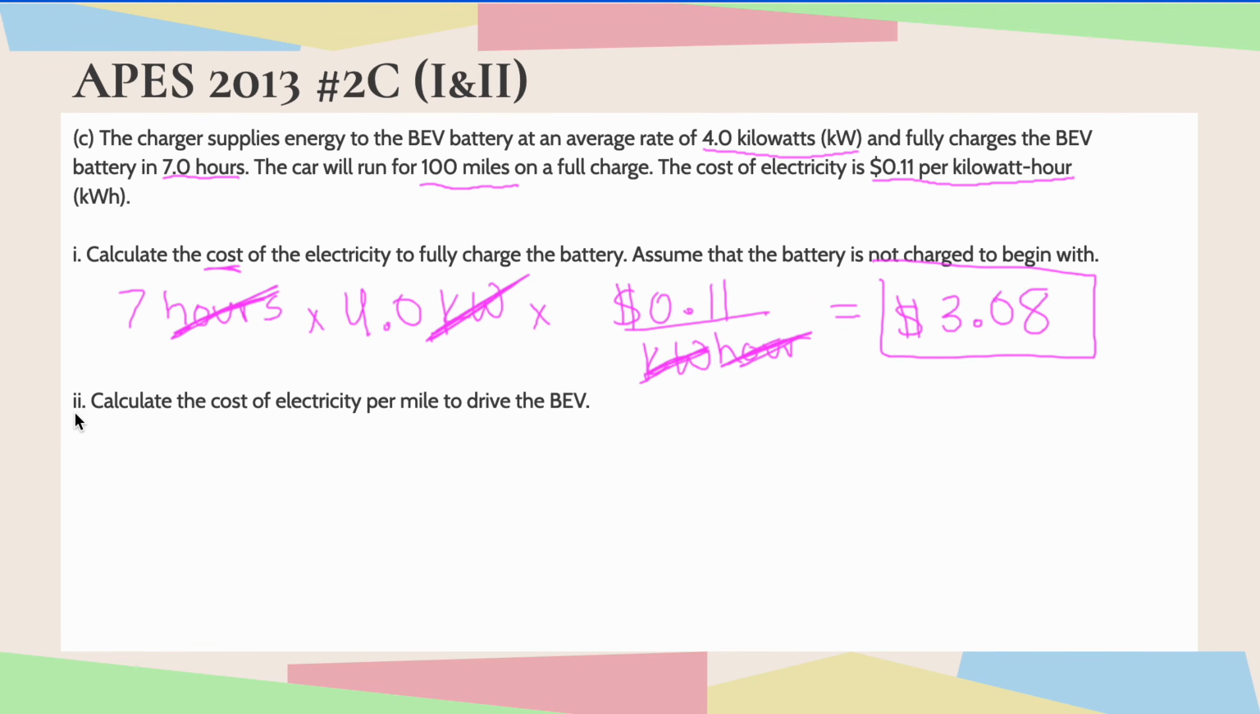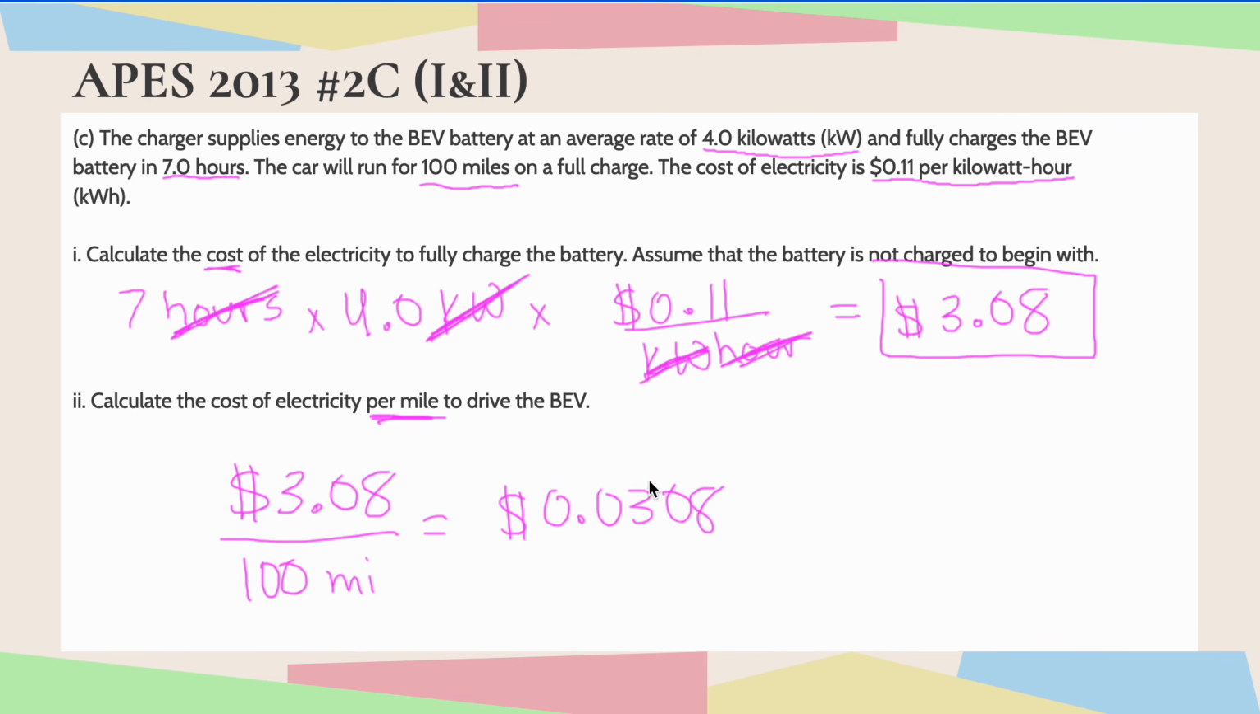Okay, now moving on to part 2, it asks us to calculate the cost of electricity per mile to drive the BEV. So now we know that a full charge costs us $3.08, and we know that the car runs for 100 miles on a full charge. So that is for each 100 miles. Now, dividing those, since I'm dividing by 100, I'm going to take my decimal and move it 2 to the left. And so the full answer would be